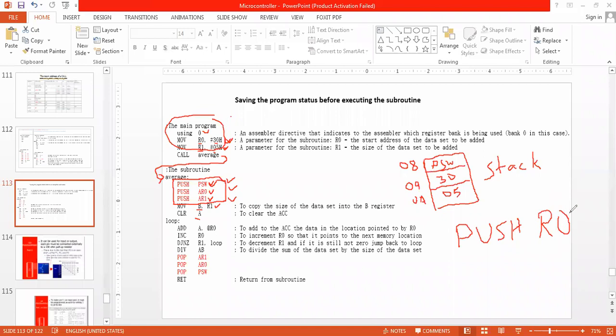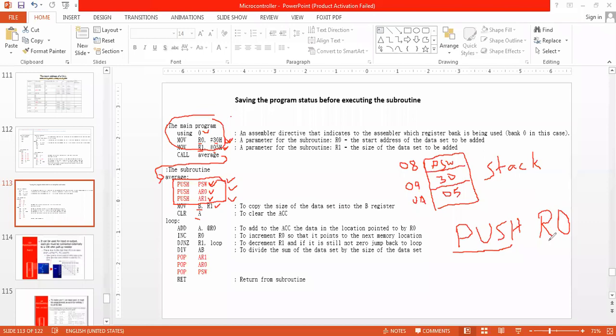Push R0 to R7 is invalid because R0 to R7 represent bank 0, bank 1, bank 2, bank 3. So the push instruction will get confused about which address has to be pushed on the stack.